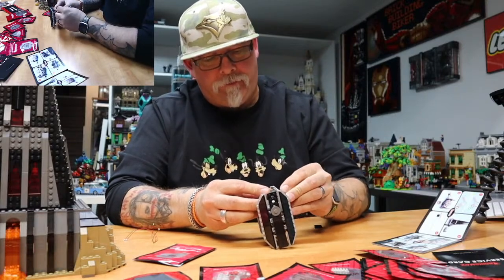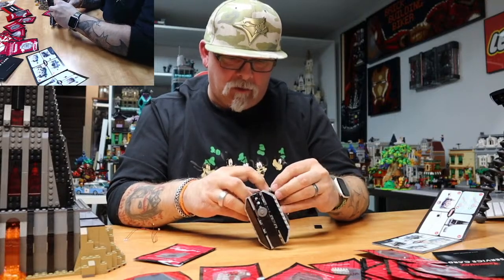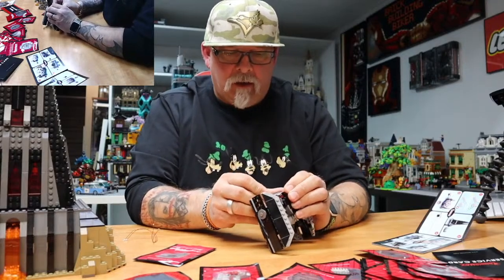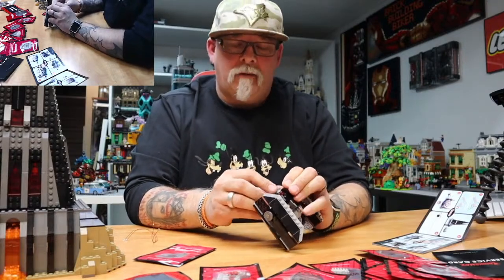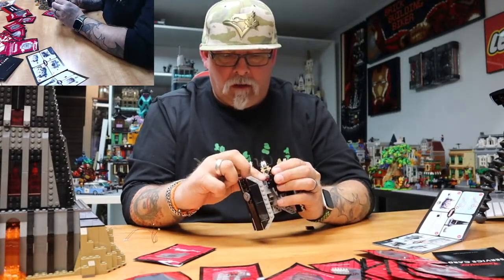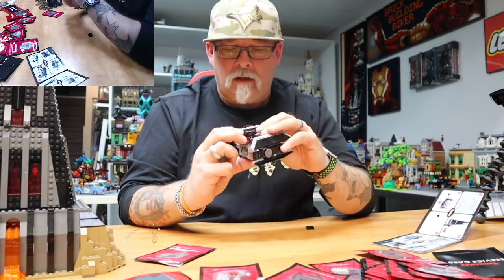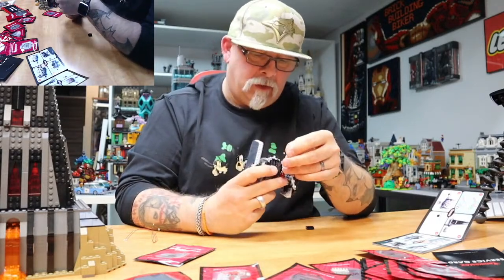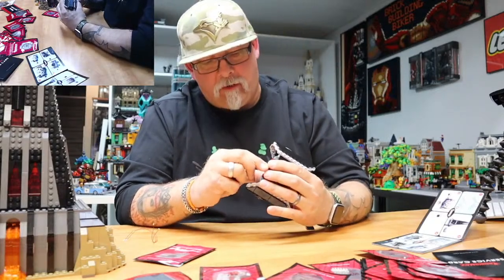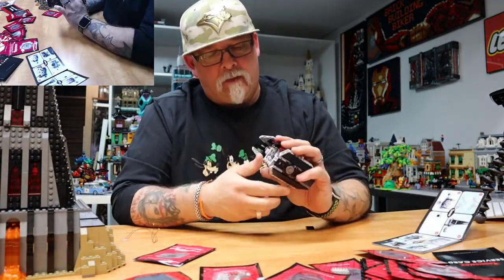There we go. So with any of these sets, you're going to have wires running through. With the Millennium Falcon that I'm going to do, when I do all the lighting in it, I'm going to have all the wires hidden, because, like I said, it's kind of my bag and I can make it happen. So I'm going to try my best so that you don't see any of the wiring coming through whatsoever. This one you'll see it in spots, but...